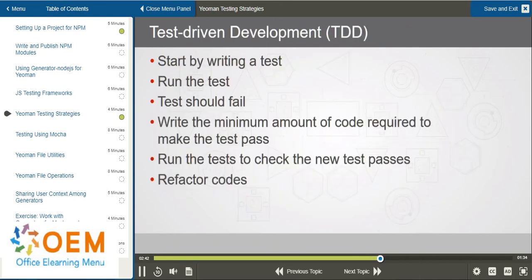Let's elaborate how TDD, or test-driven development, can be implemented and explore the steps involved in implementing TDD. With this approach, we will begin by writing the test first. After the test has been written, we will run the test, and while running the test, we should always ensure that the test fails. After we've failed the test, we'll add the right amount, or minimum amount, of code in order to ensure that the test passes the next